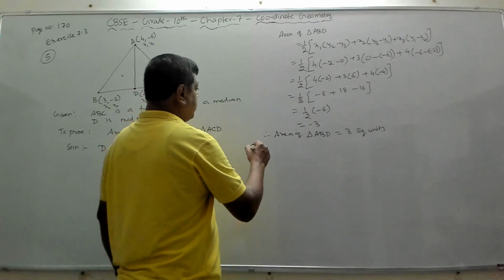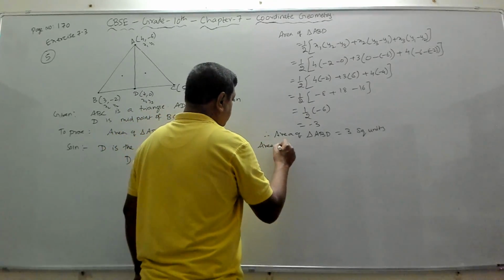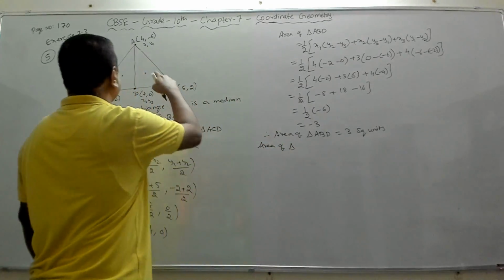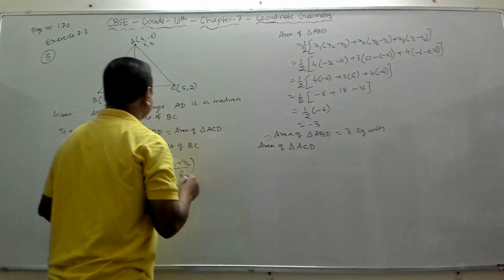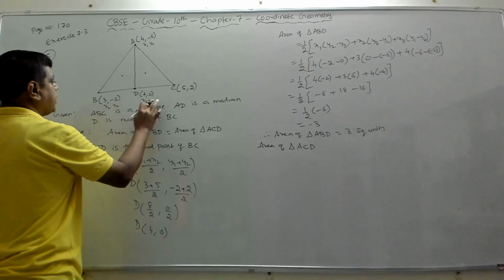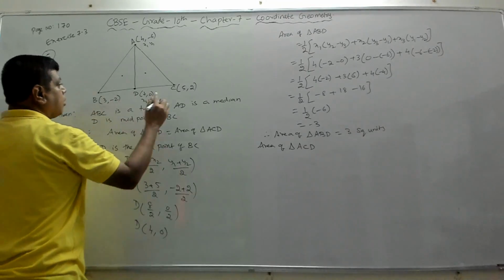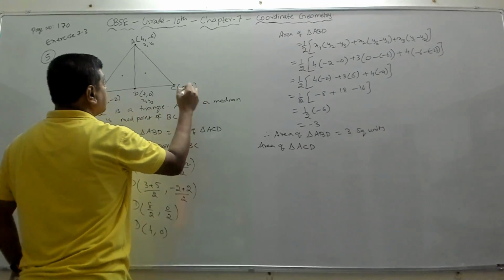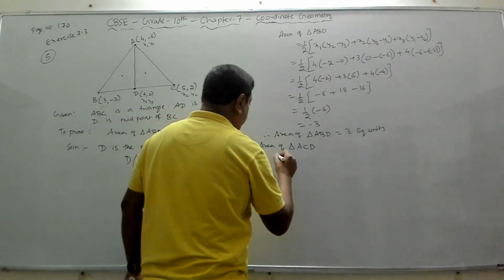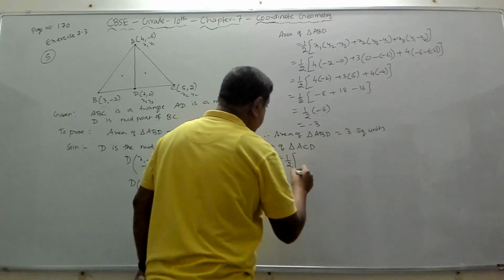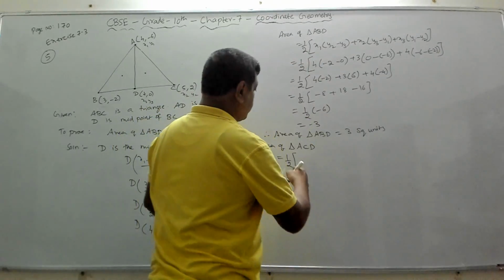Now similarly, let's find area of triangle ACD. Now immediately let's go and change. Let's put X1, Y1. We'll erase this. We'll call this X2, Y2. So X1, Y1, X2, Y2, X3, Y3. Let's substitute. So that is equal to half of, I'm substituting this formula. If you want, you can rewrite the formula again.